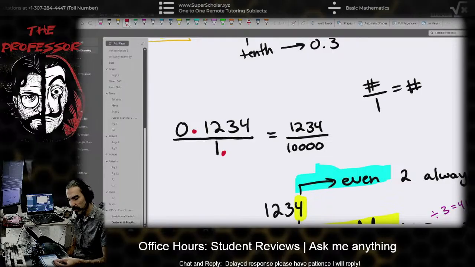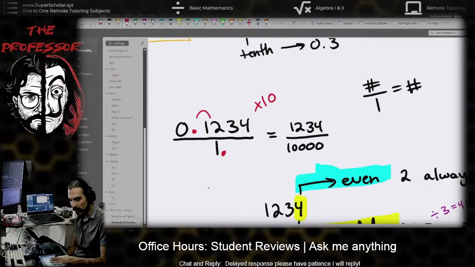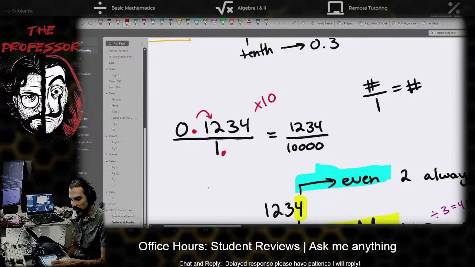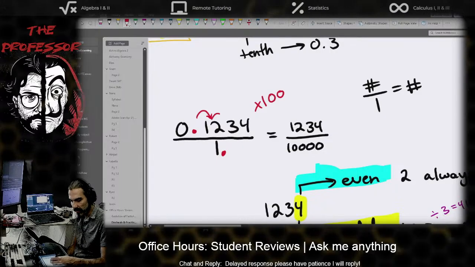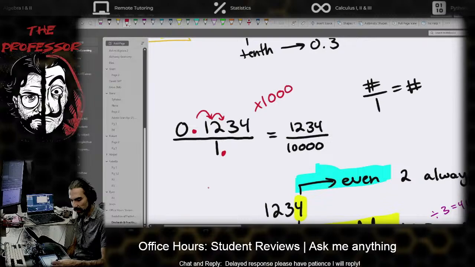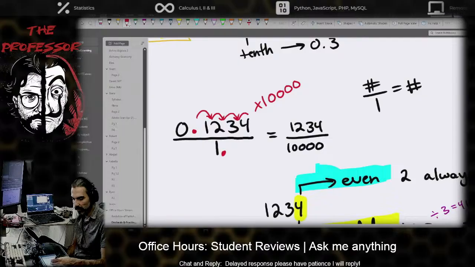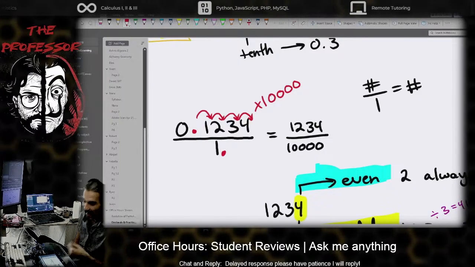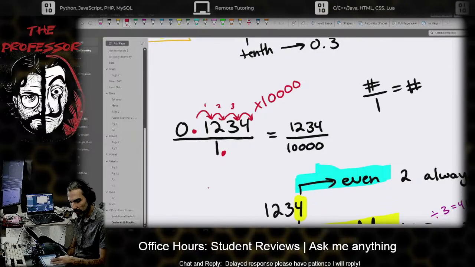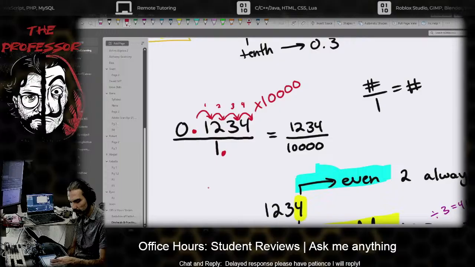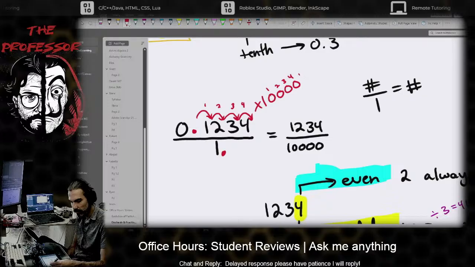The key shortcut mentality is that when we multiply by 10, we move 1 decimal to the right. So if we multiply by 10 times 10, which is 100, we're going to move that decimal twice. So another 10, we go another, and another 10, we go one more. So the real pattern here for a shortcut is if we're moving 1, 2, 3, 4 places, we're having 1, 2, 3, 4 zeros.